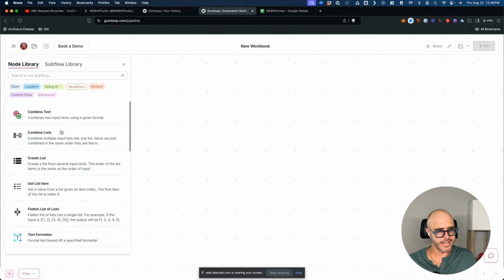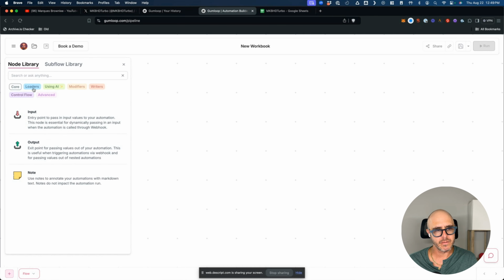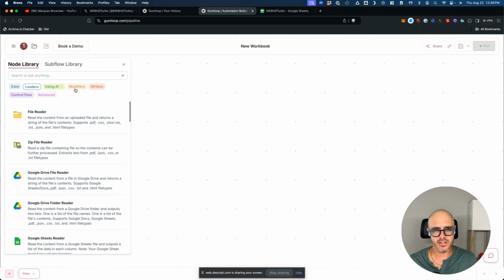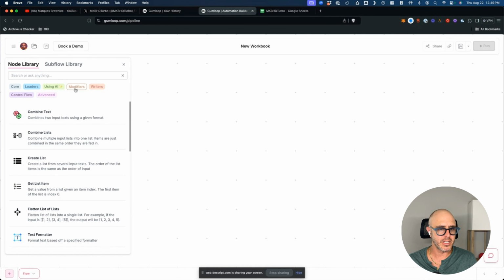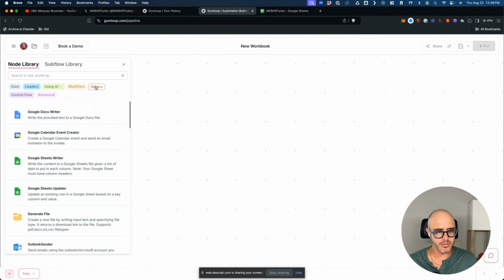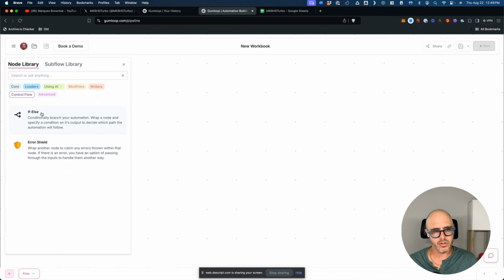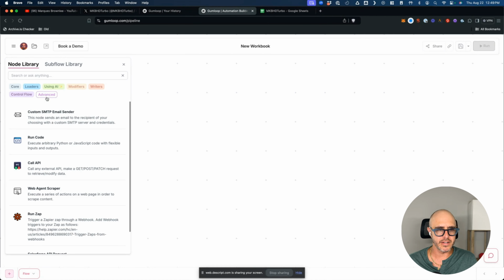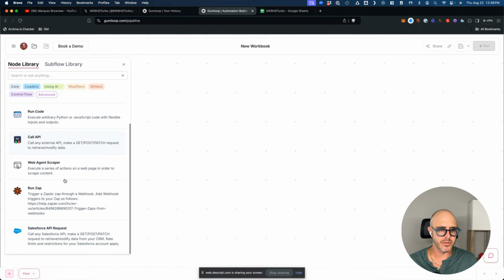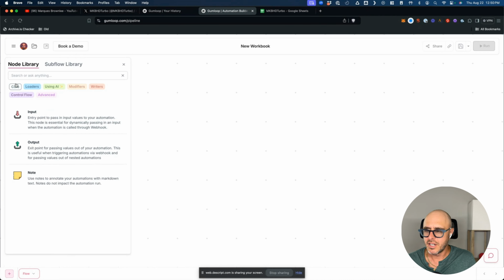And then it's kind of broken up into the core functionality, which is input, output, and notes; loaders, which is getting content or information in; modifiers, which are changing information; writers, which are writing information; controlling flow, which is the flow stuff we talked about; and then the advanced stuff, which is like sending an email, running code, calling an API. So what I'm going to do when that bug is fixed is turn this thing on to auto run, and I want to see if I could have it contact me every time it puts a new post up. I think it would be kind of cool. But anyway,